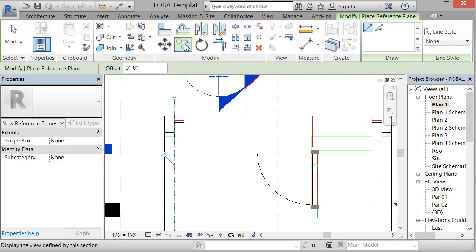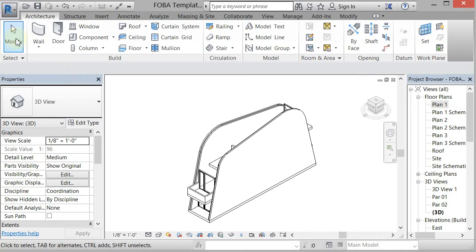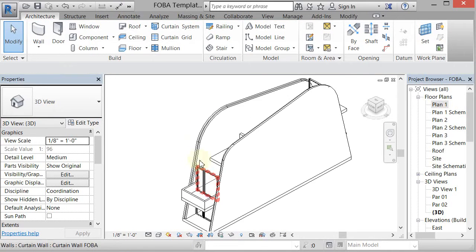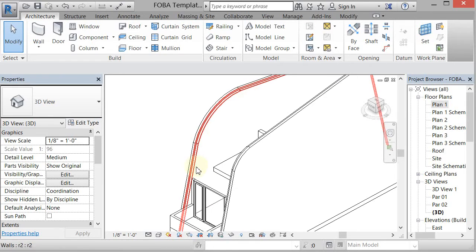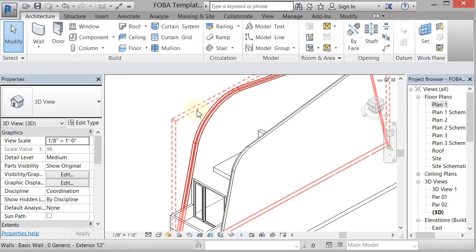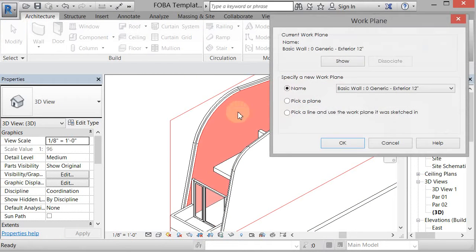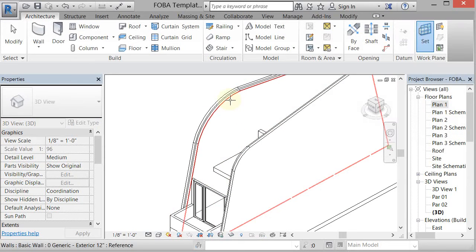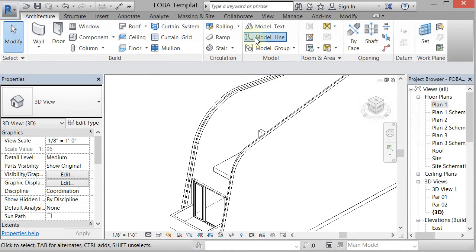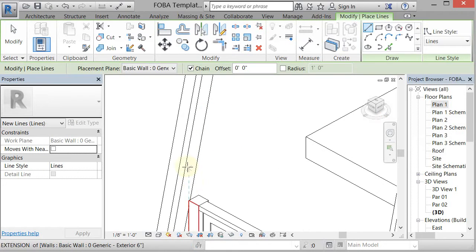Okay, and then the next thing I want to do is I'm going to go back to my 3D view, and when we make these lines along the edges here to sweep, I want to be able to make a straight piece across here, and that would be really hard to figure out exactly where that was unless I give myself a mark. So what I'm going to do is I'm going to go set, and I'm going to pick a plane, and I'm just going to set this wall current, and I'm going to make a model line from the place I'm going to start